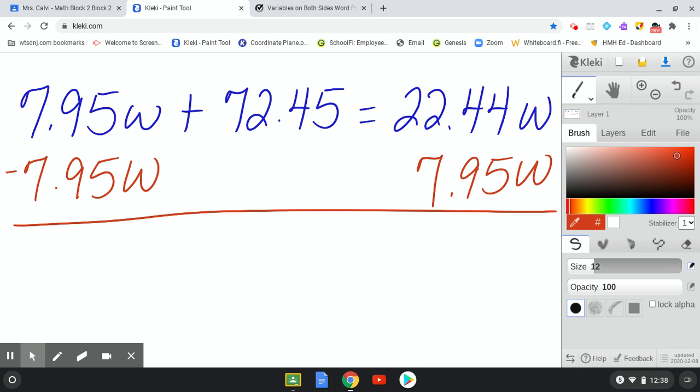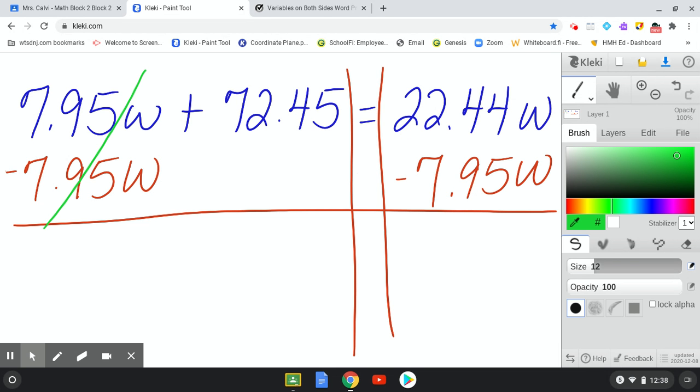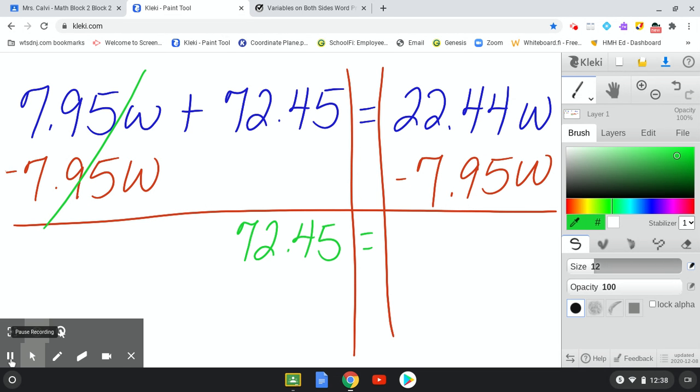Hold on. And we were subtracting. Okay, so these on the left cancel. We're left with $72.45 on the left side. Drop down our equal sign. We're going to take the $22.44 and subtract the $7.95, which gives us